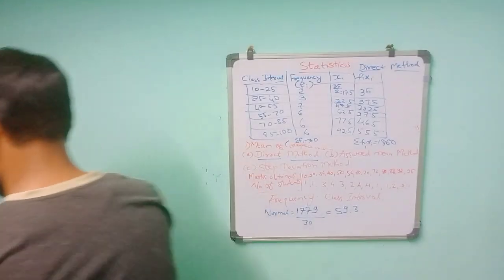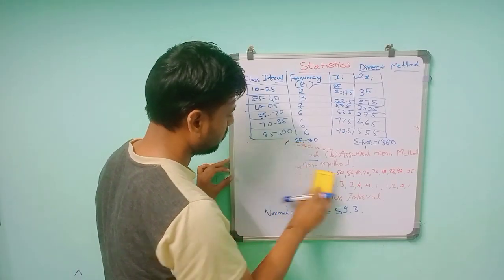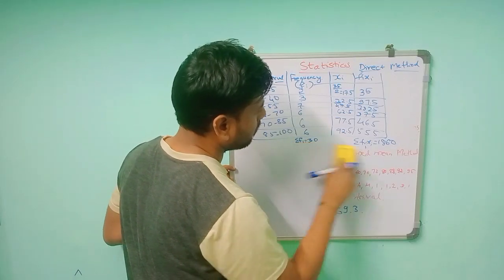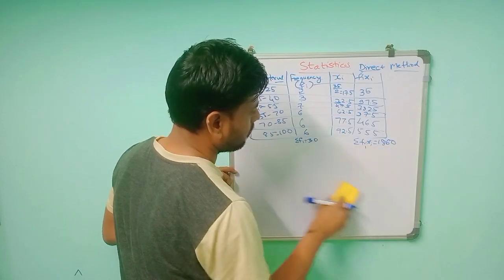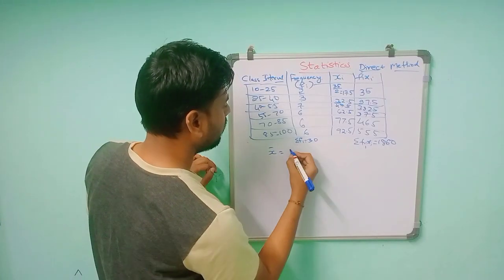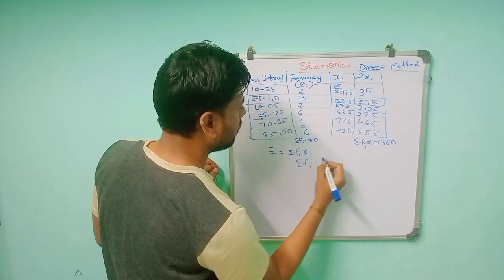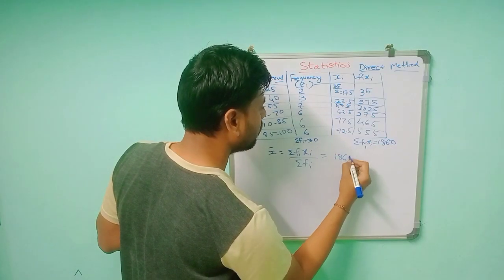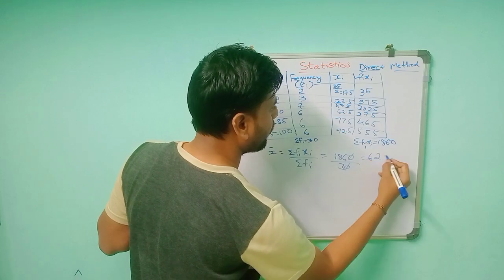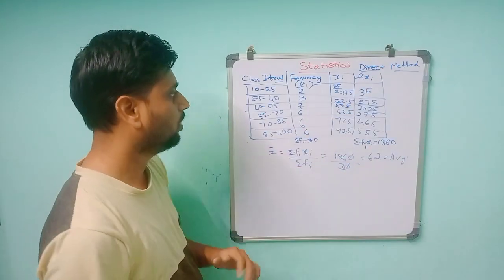So for the direct method, the formula is x bar is equal to sigma Fi Xi divided by sigma Fi. So total is 1860 divided by sigma Fi, which is 30. So this will give you 62. So you got the average as 62. So we got the mean value by using the direct method as 62, but the actual normal method